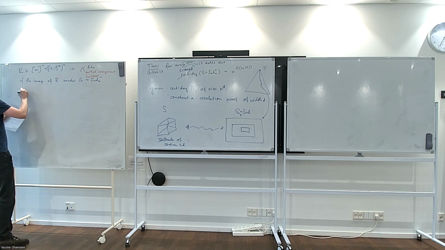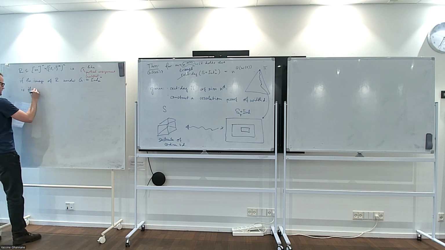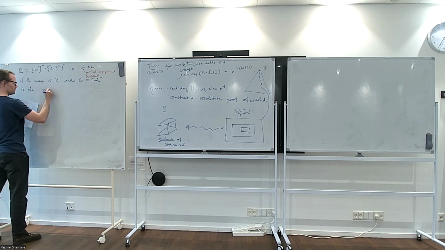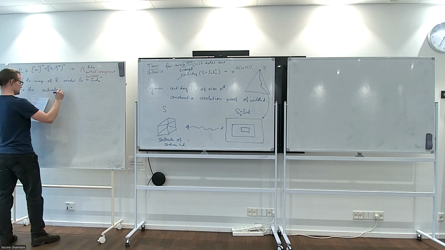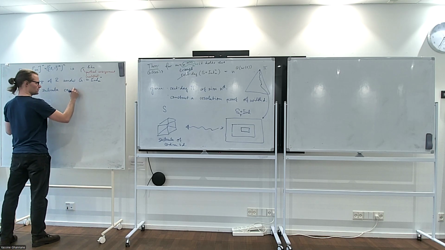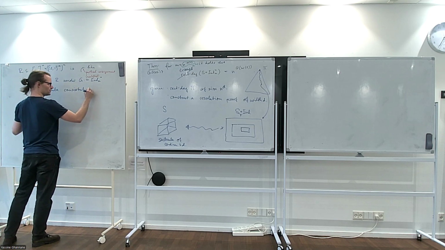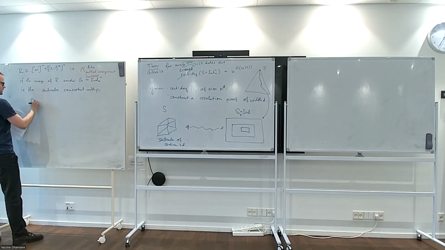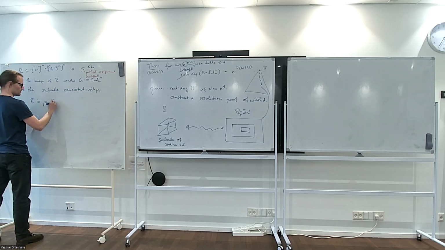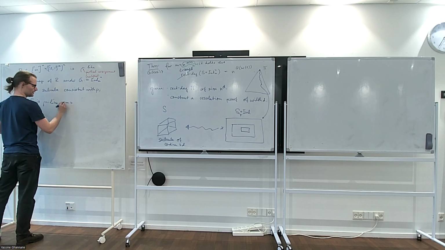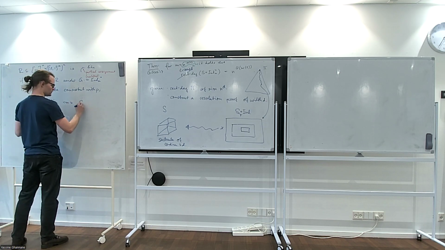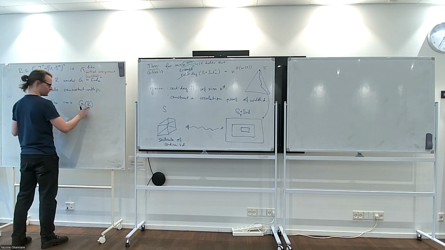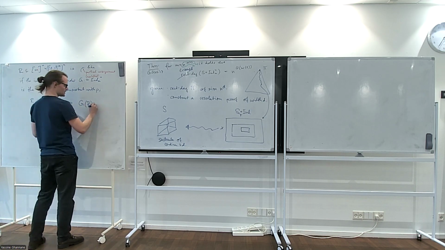Under G is the subcube consistent with rho. Or in symbols, I'm saying that R is rho-like if and only if, and if you look at the image of R under G, then this is equal to the